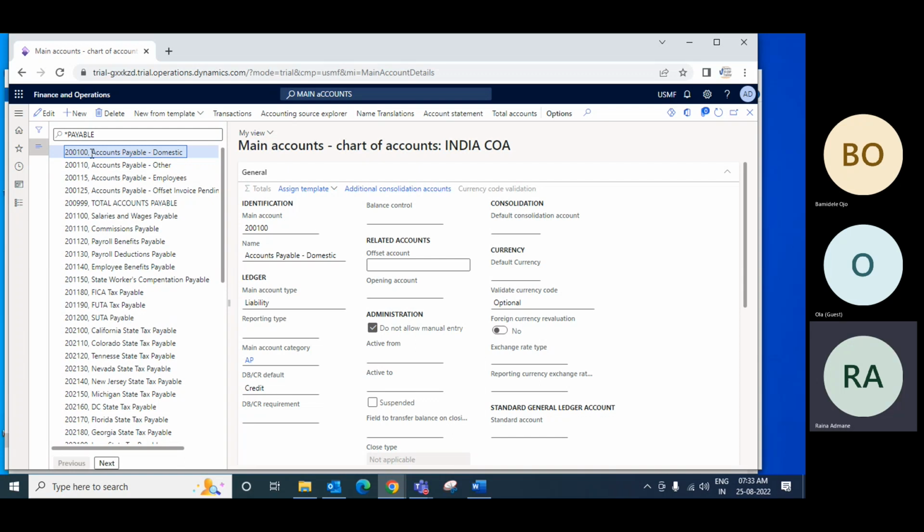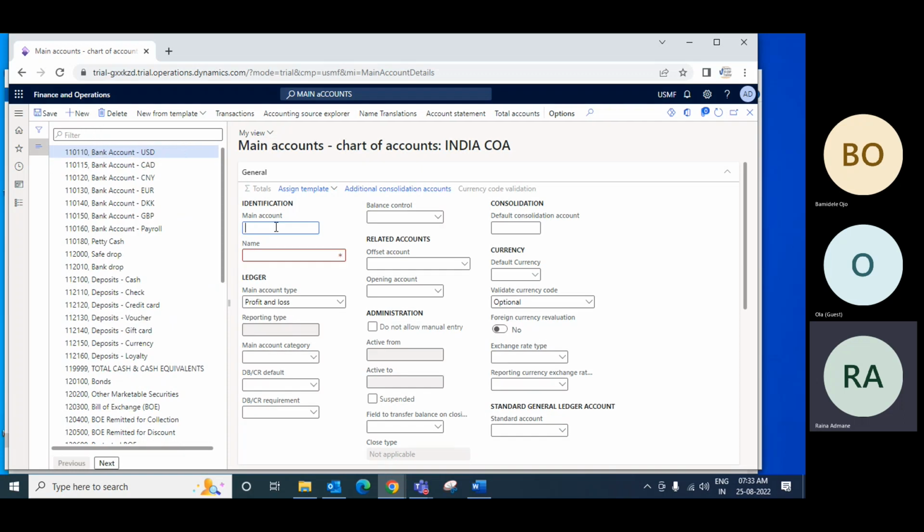So this is the 100. I will just create 101 and 2. Okay. That's why I told you that we should have proper gaps, so that whenever you want to create a similar type of account, we